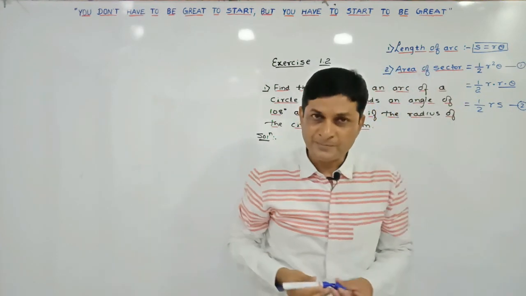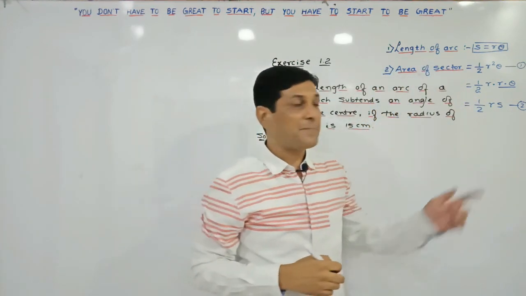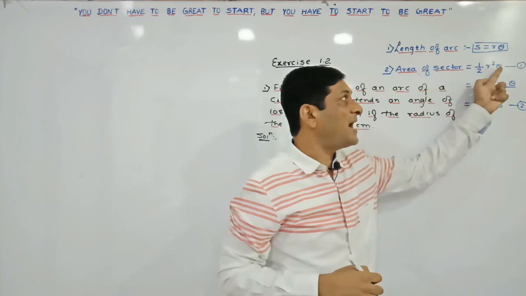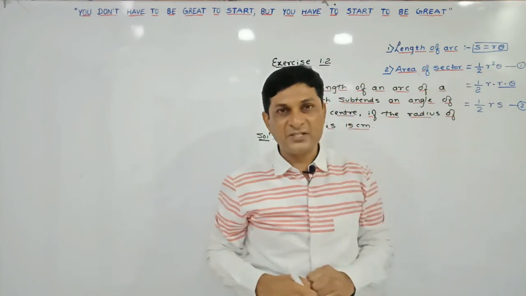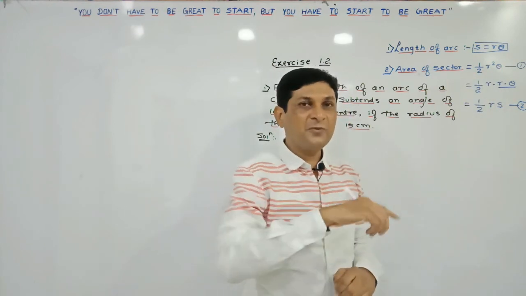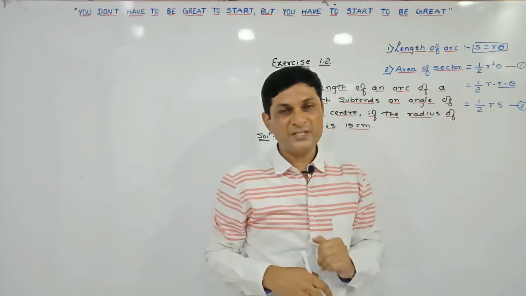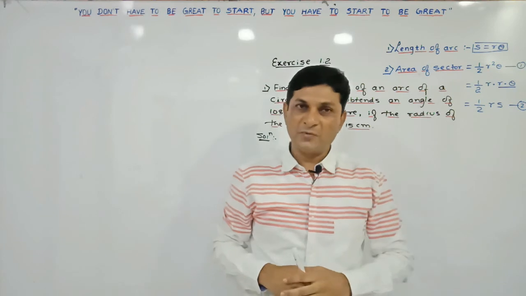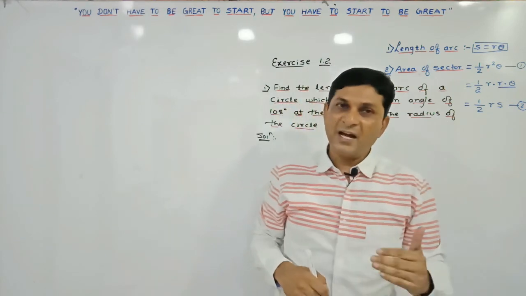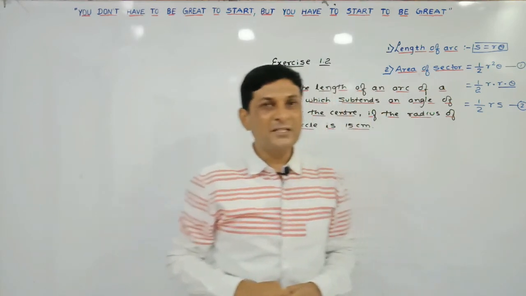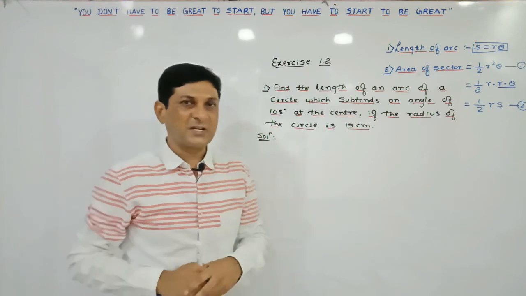So in this way we have got the second formula to find the area of a sector. The first formula is applicable if the radius and angle of the sector are given to us, and the second formula is applicable if the length of arc and radius of the circle are given to us. So in this way we have two formulas to find the area of the sector. Applying these formulas, now we are solving the first example.